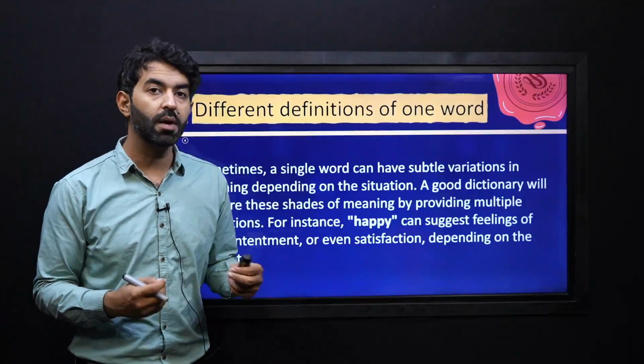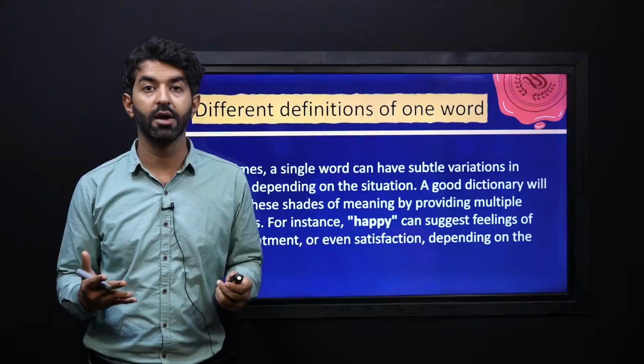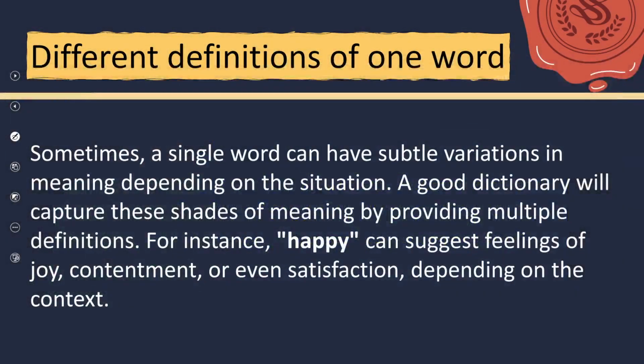Now let's talk about different definitions of one single word. Sometimes a single word can have subtle variations in meaning depending on the situation. A good dictionary will capture these shades of meaning by providing multiple definitions. For instance, the word happy can suggest feelings of joy, contentment, or even satisfaction,